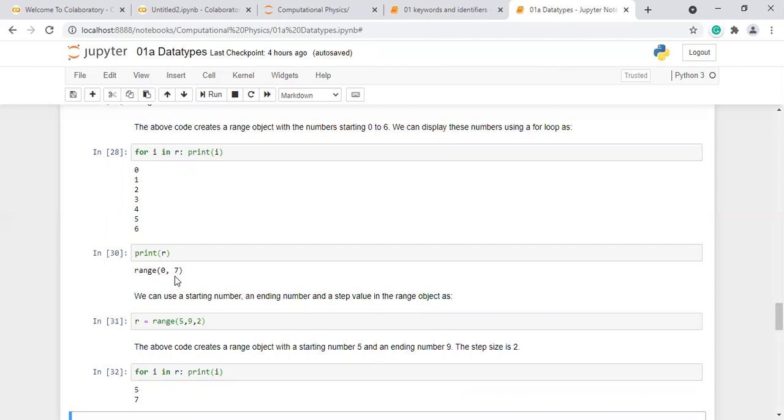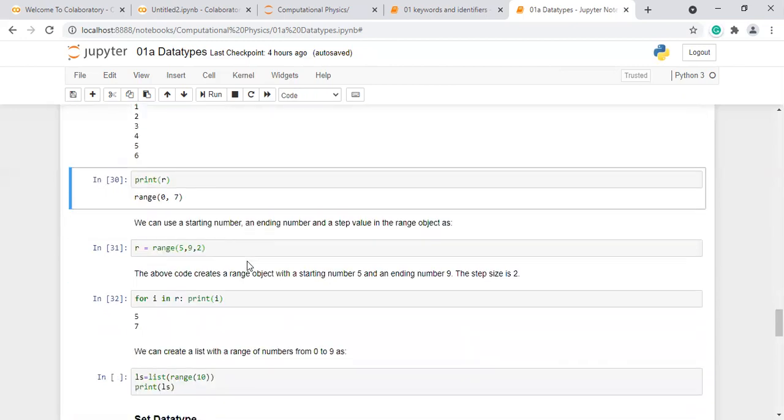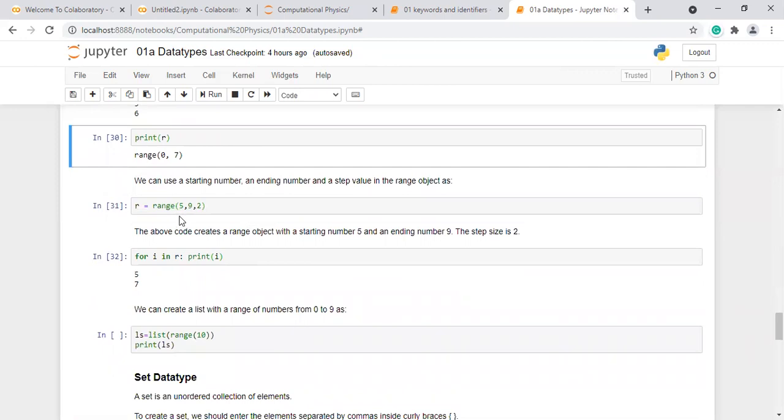Here you start with 5, you end before 9, and the step size is 2. So it prints 5, 7, and 9 is not printed because the upper limit is not included. It should print only 5 and 7.